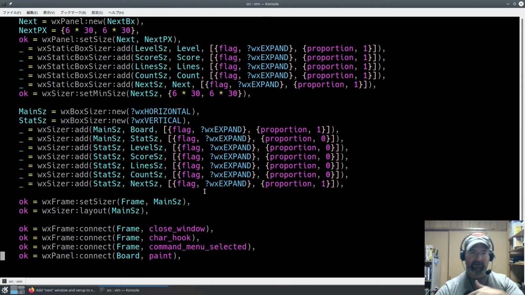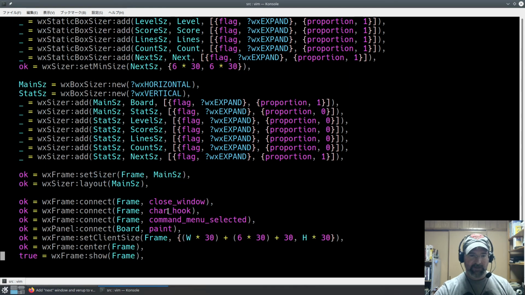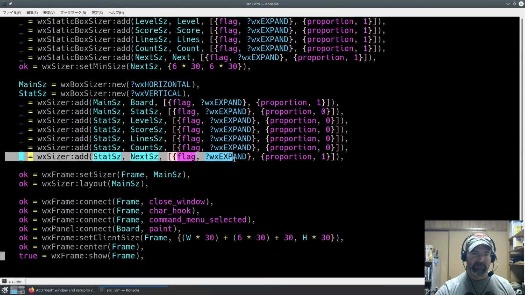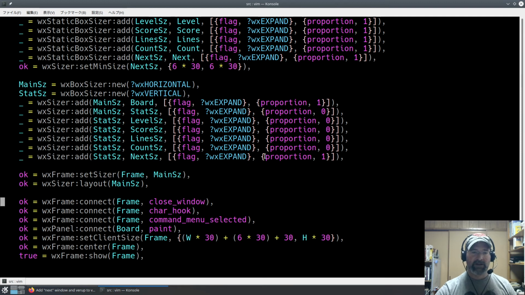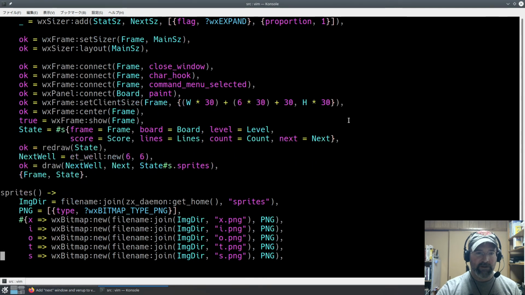Then we just add the next sizer to the stat sizer. And that's it here. Now we have a new panel that we can draw things in. And we've already got all of our drawing functions because that's how we draw the main board anyway. So instead of doing something special here, we just made a mini well, and we're going to just put a piece in the mini well at a location that's in the middle. And that's it. So if we go to show,